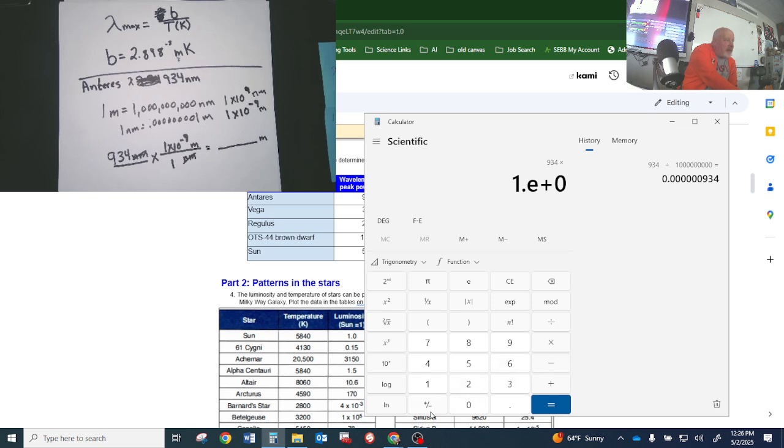The little plus and minus sign right next to the 0, you're going to click that. Notice it changes. It says E. That means times 10 to the, or exponent, negative, and that was 9. So you can see it says now 934 times 1 times 10 to the negative 9th power. And I hit equal, and that comes to an answer of